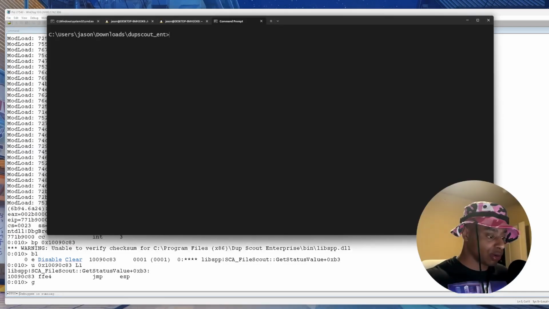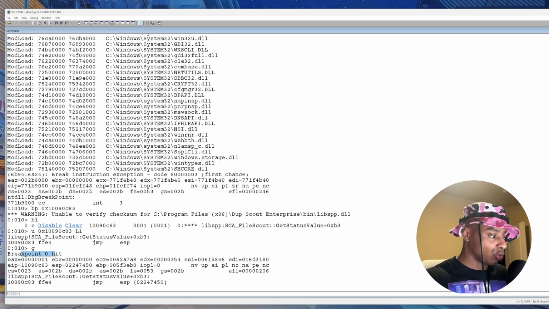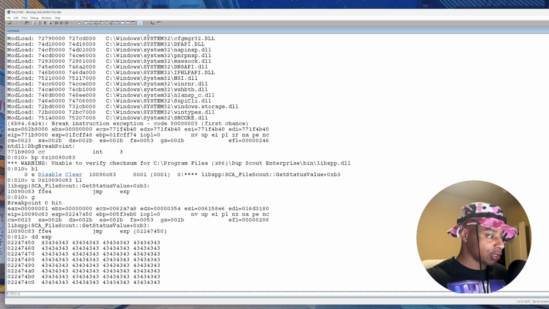Hit G to continue. And now let's hit up arrow a few times, and let's run our exploit. And we see that our breakpoint was hit. So it is about to execute this instruction to jump onto the stack pointer. Let's do a dd esp. So the stack pointer currently contains our